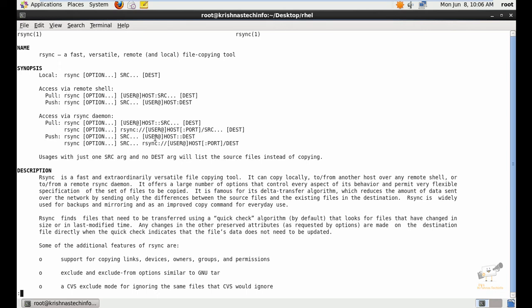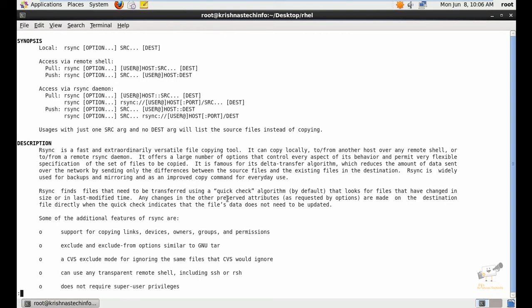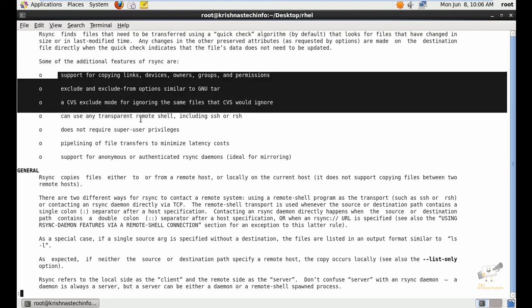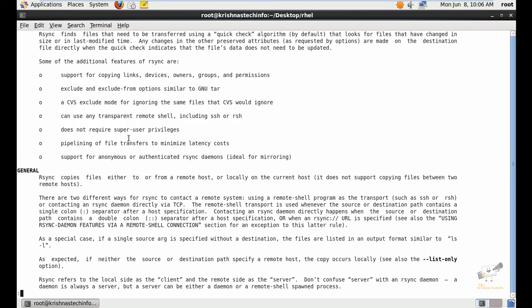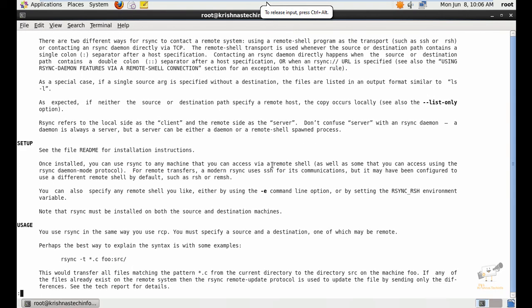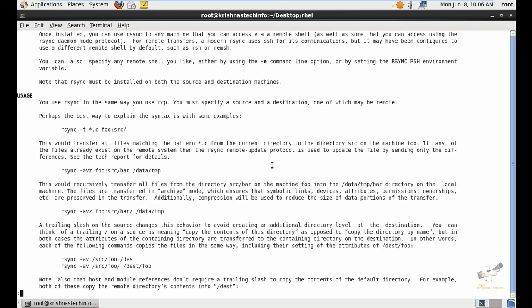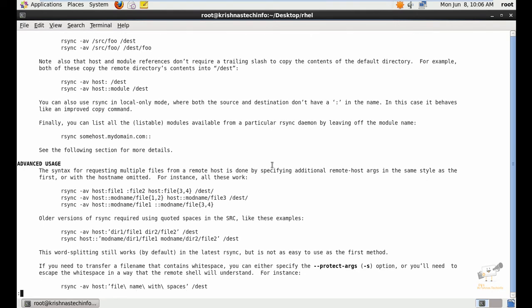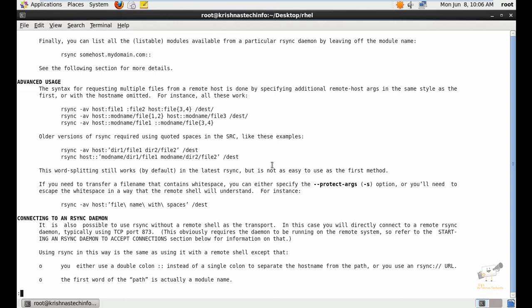You can also see the other options that are available. Using the port option, you can transfer files and directories. Next we can see the features here. I've just told some features of rsync. You can see the other available features of rsync here. If we come down, here you can see the usage with examples for copying files and directories locally. And then advanced usage, where you can copy the files from one host to another. We can see it now.